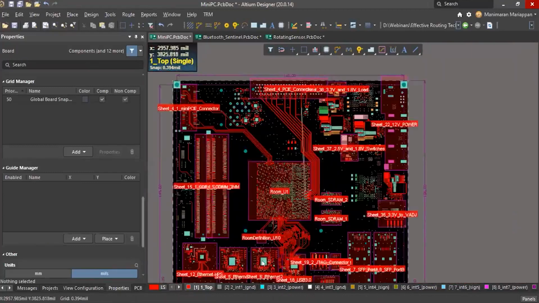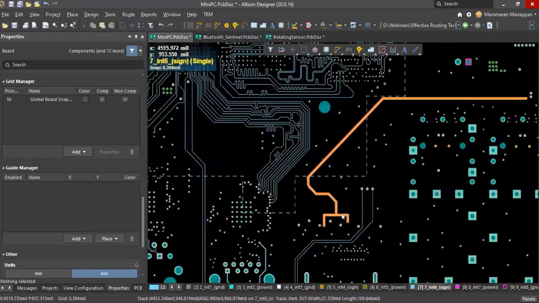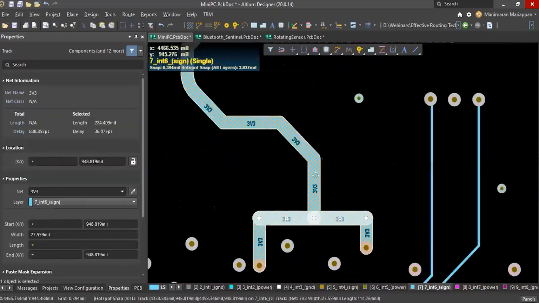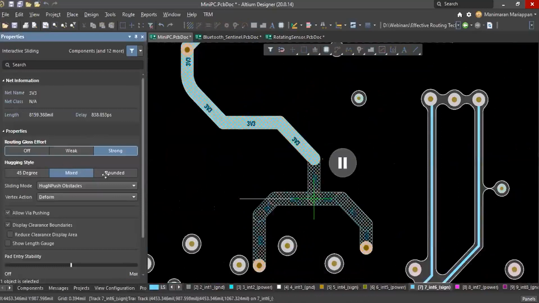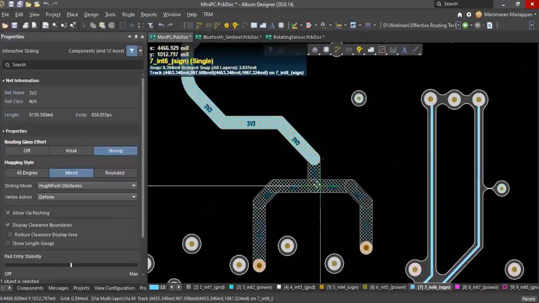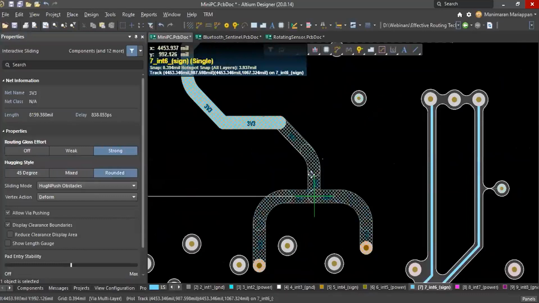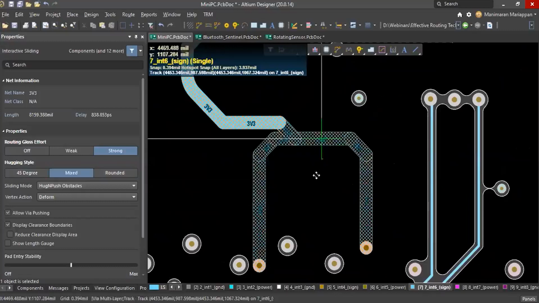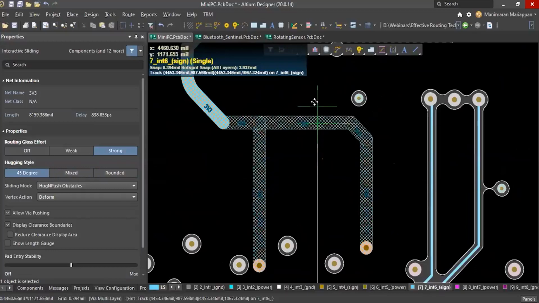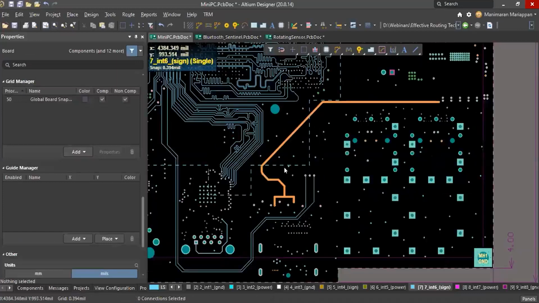Okay, so what else I just want to show you? Yeah, sliding option. Suppose if you slide this segment, you can see you press tab, there is a hugging style, 45-degree or rounded or mixed. How you want to control this? So now this is 45-degree, and if you press shift space for rounded, you can convert this into rounded one. Okay, rounded 45. And even though it is a T junction, see how smooth it is adjusting the signals, right? We can just check that.